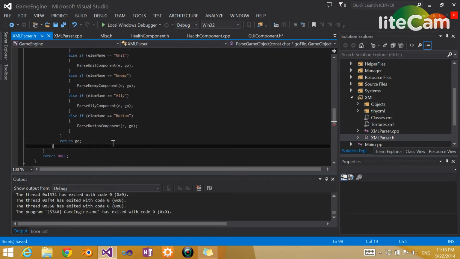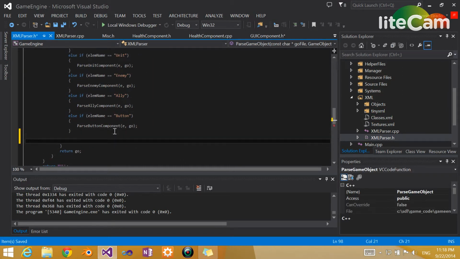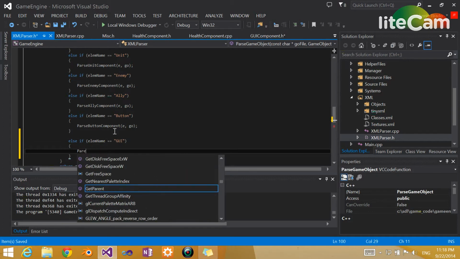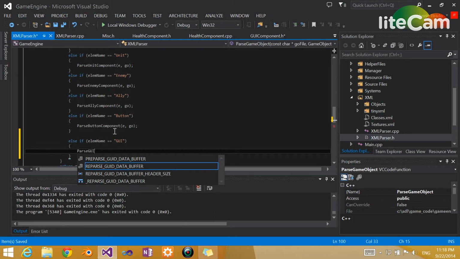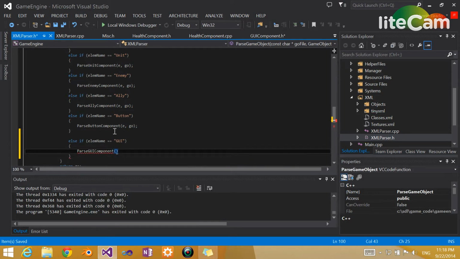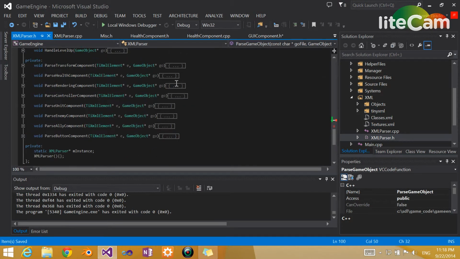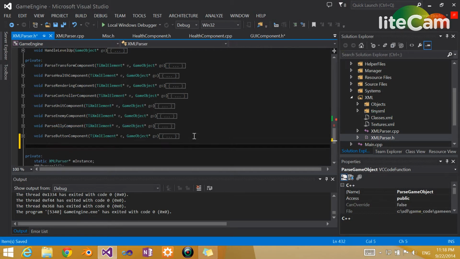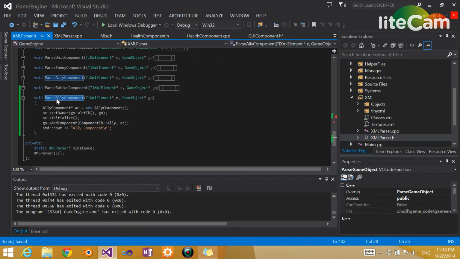So we're going to do else if element name equals GUI, then go ahead and parse GUI component. There we go. So then we're simply going to copy one of these over,